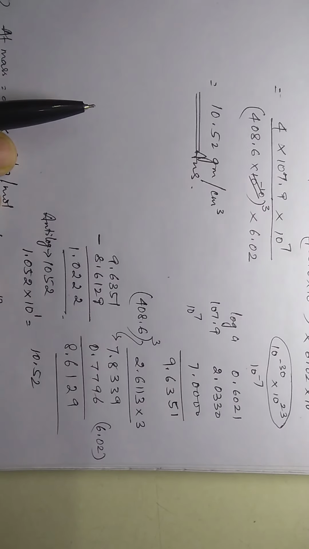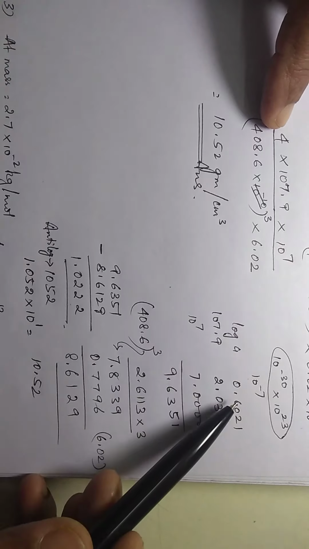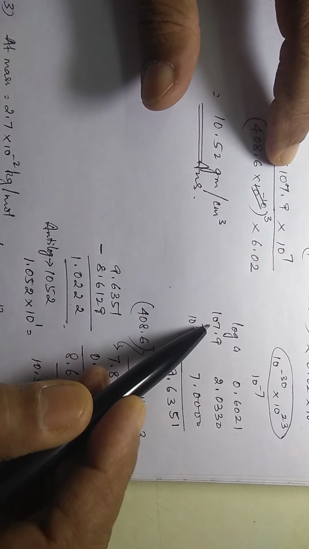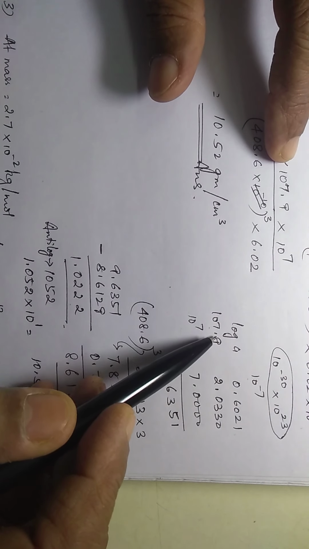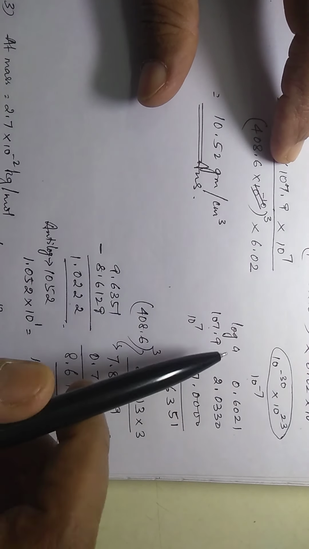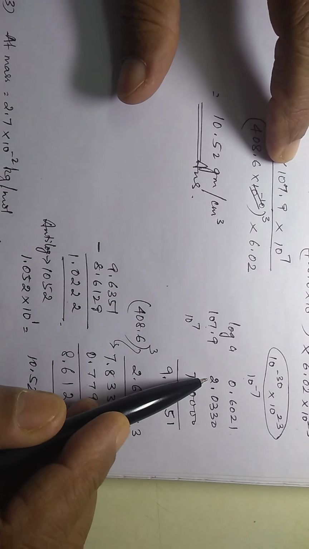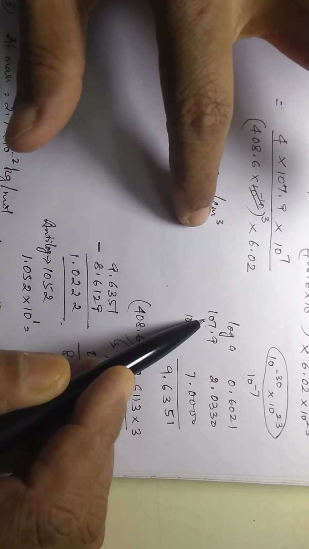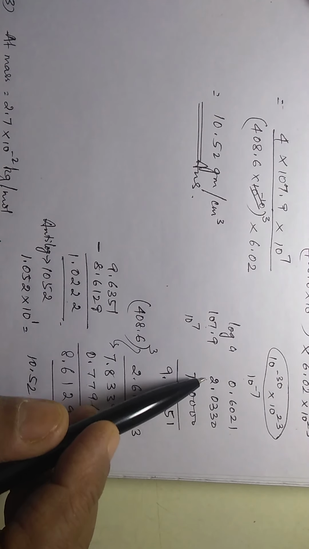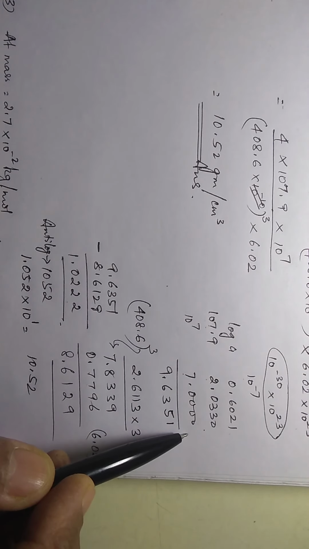Okay. Now log 4. 4 is here. Log 4 is 0.6021. Then 107.9. 107 has 3 digits. So when you write the log value, what do you have to do? However many digits are there before the decimal, that many minus 1. How many digits? 3 digits are there. So 3 minus 1, 2. That's why I have written 2 here. Then in the 10 row, the 7th column, against 9, you add the mean difference and you put this, right? And then log of 10 power 7 is 7.000.